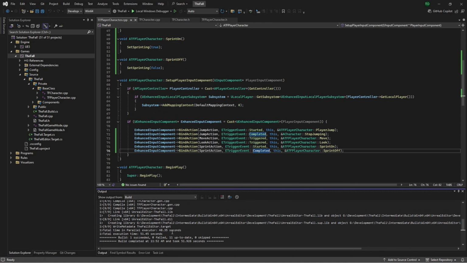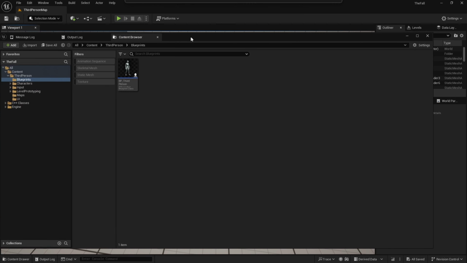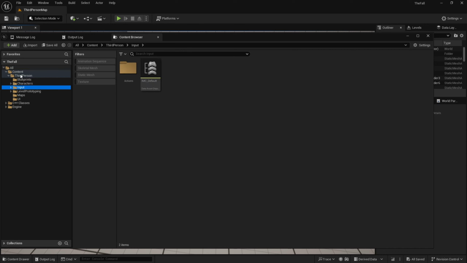All right, folks, you can see the build has gone through here. Everything succeeded. So one thing I did while I was paused there after the build succeeded, I did just launch the editor. So in here, we do have a couple of things we want to do. First thing we're going to need to do is create those input actions for sprinting. We actually only need one, but we're going to go over to the third-person blueprint, third-person project files, input actions,